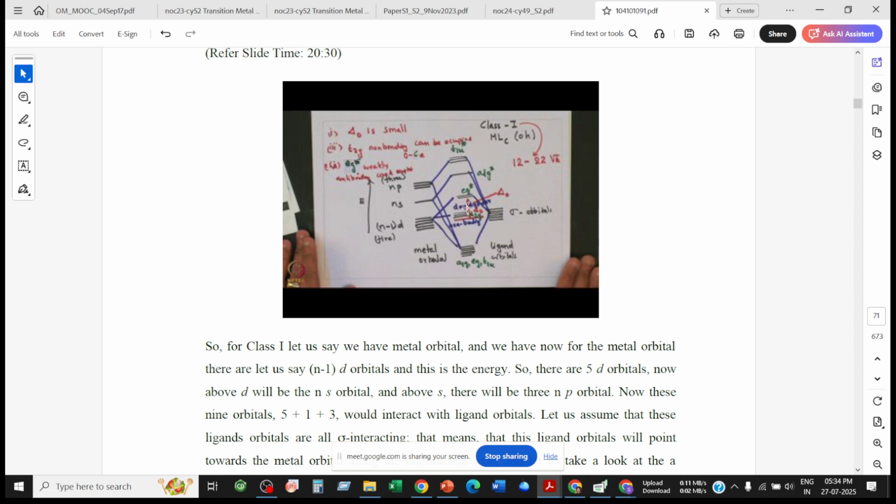So this is the energy gap between T2g and Eg star. This separation is called delta O, and we can fill the electrons according to the energy up to this Eg star. So here a total of 18 electrons go up to this T2g, and Eg holds another 4 electrons. That's why 22 electrons is the maximum number of electrons which can be put in a transition metal